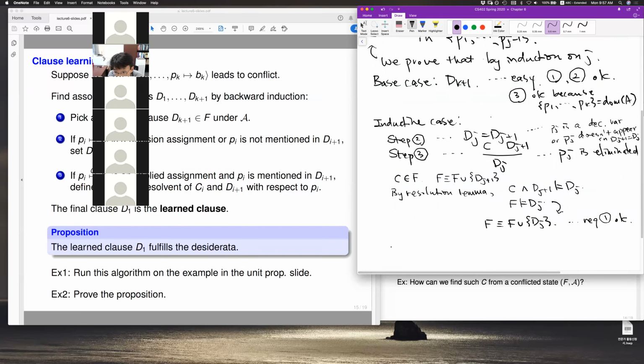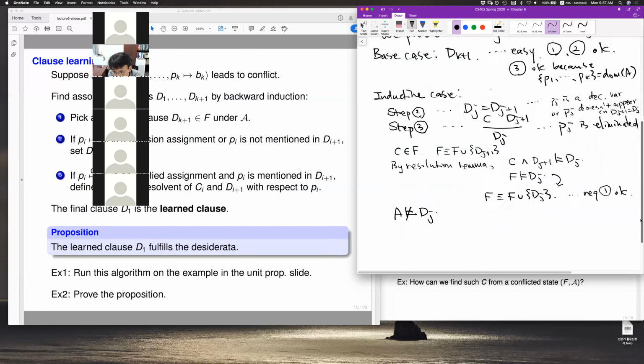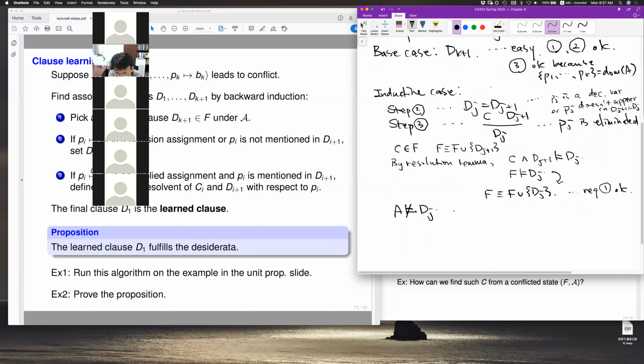So what does that mean? That means we have to show that A doesn't satisfy the Dj. Okay, so this is requirement 2, and now the question is why this is the case. And this is because of some of the properties that we can assume. So by induction hypothesis,